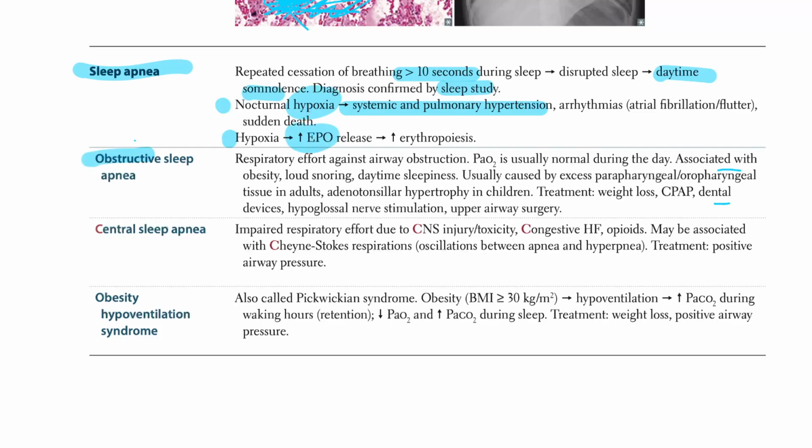Obstructive is due to obstruction. Obstruction could be anything, right? And how would you treat it? You can treat it by either removing that extra tissue, hypoglossal nerve stimulation, or surgery. Central is all about CNS, opioids, CHF, Cheyne-Stokes respirations, apnea, hyperpnea. Treatment is PEEP. Obesity is all about obesity greater than 30, which causes hypoventilation because you have so much fat